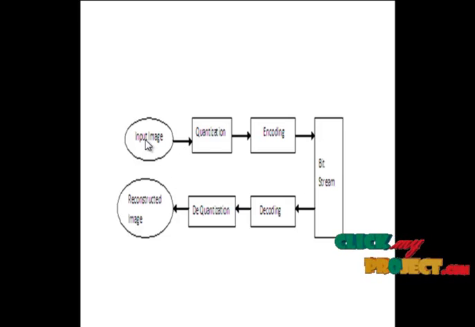Initially, we give the JPEG 2000 image as input. The input image will pass to the quantization. For quantizing the image we are using the discrete wavelet transform. It will separate the image into subbands. It will convert the image from one domain to another domain so that we get the different subbands such as low and high frequency, giving the result as approximation, horizontal, vertical and diagonal information, by the use of the quantization technique.